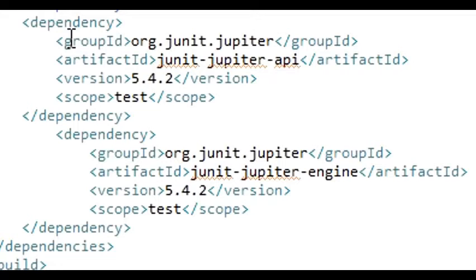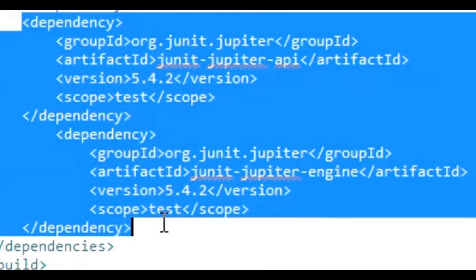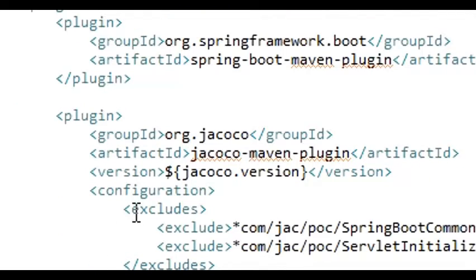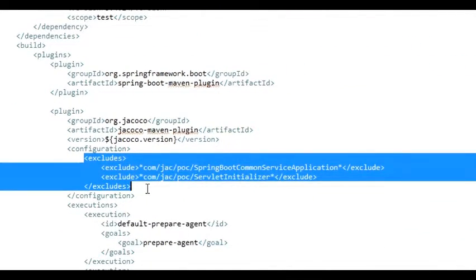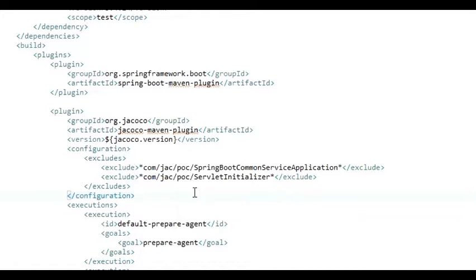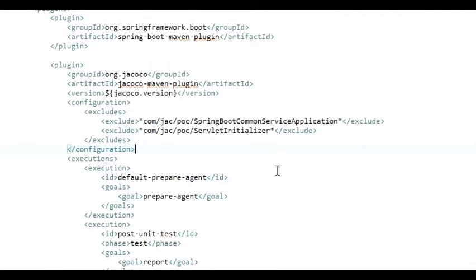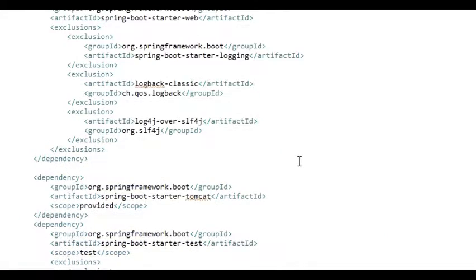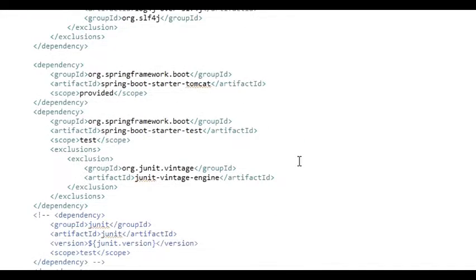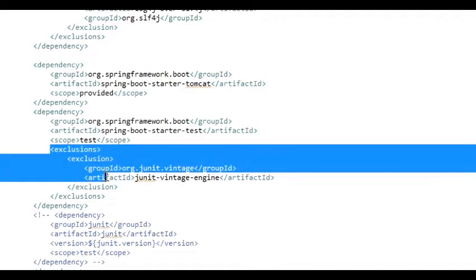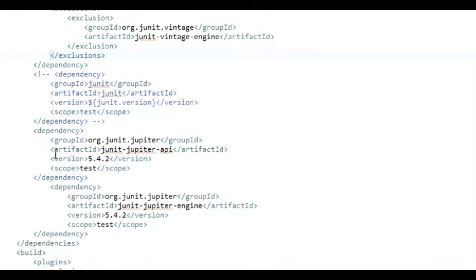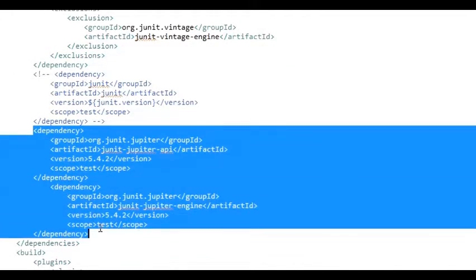I am adding the Jupiter dependencies here, and I excluded the default dependency from the Spring Boot starter test. I excluded the JUnit vintage engine, and I added these Jupiter dependencies explicitly.